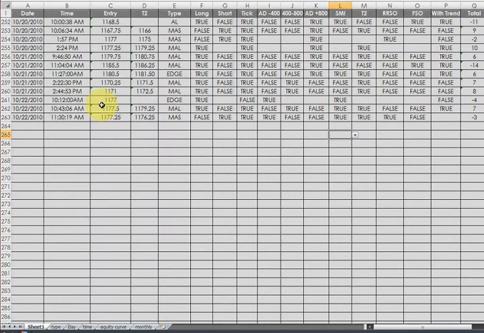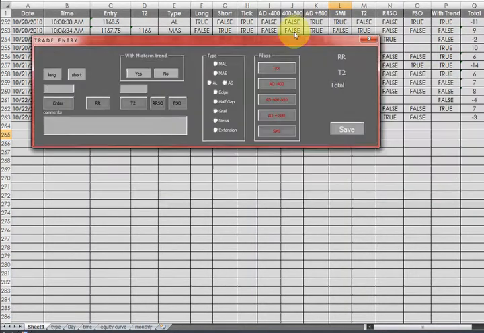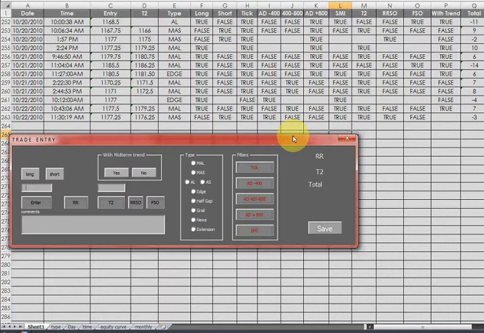I'm an ES trader and I've been kind of frustrated with Excel, so I decided to learn Visual Basic, and I'm in the process of learning that now. But I've created a spreadsheet and an application within Excel that will log your trades automatically. So here it is, and what I do is I enter in this box right here,